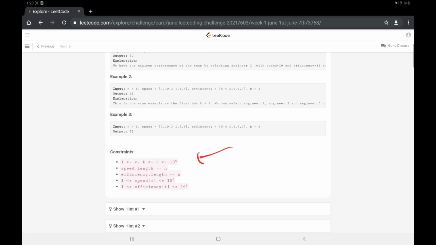The speed length and efficiency length would both be equal to n, because that is the number of engineers, and both their ranges are from 1 to 10 to the power 8, so there would be positive numbers, no negative numbers. I hope the constraints are a bit clear as well.